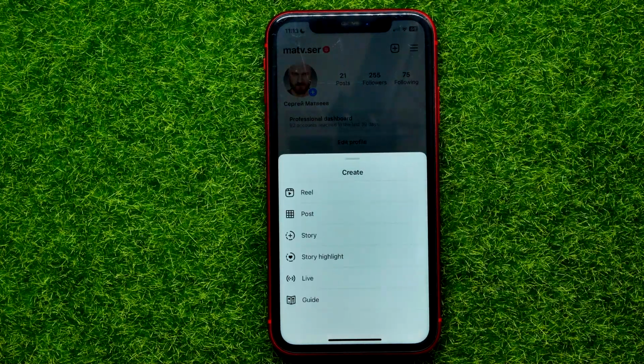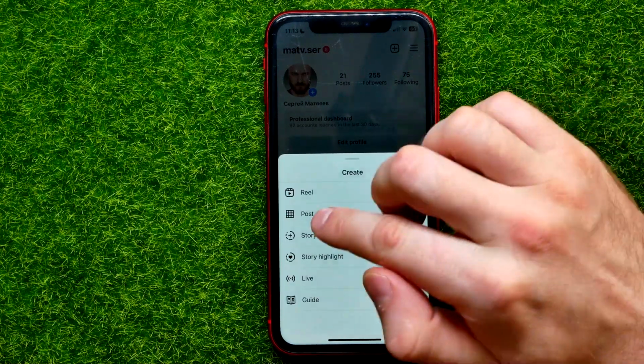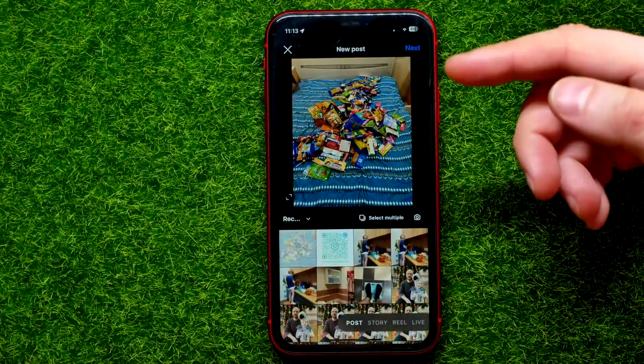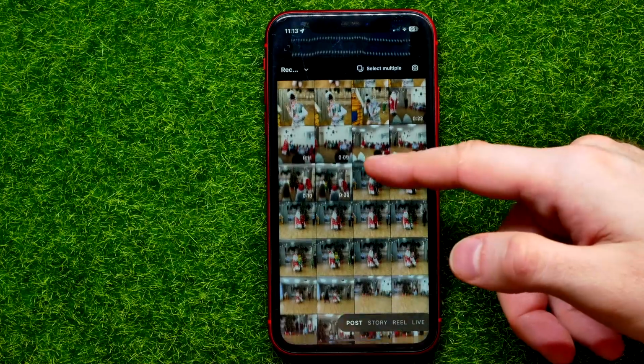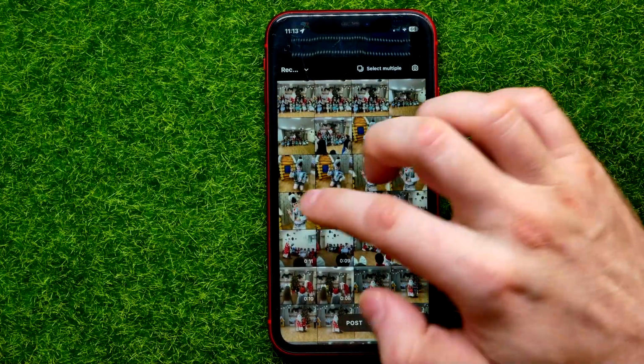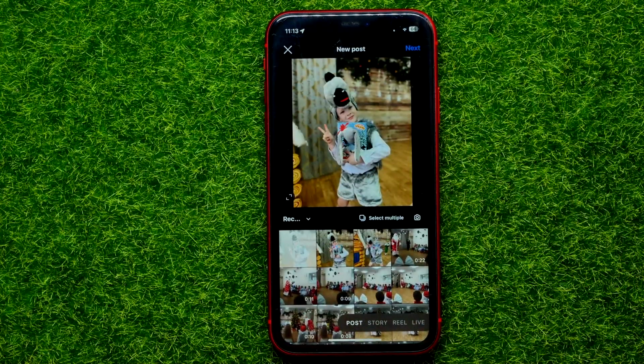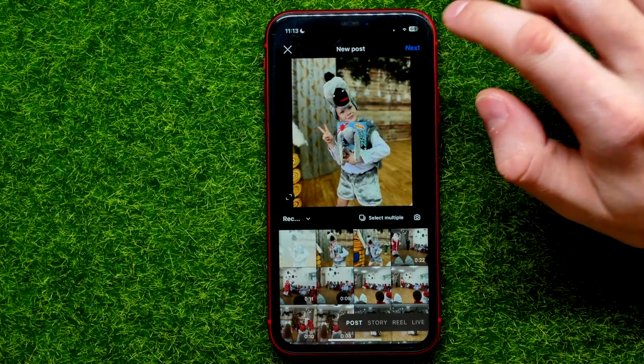Hit right here at the plus sign, then select post, then just pick some photo from your gallery, let it be that one, then hit on next